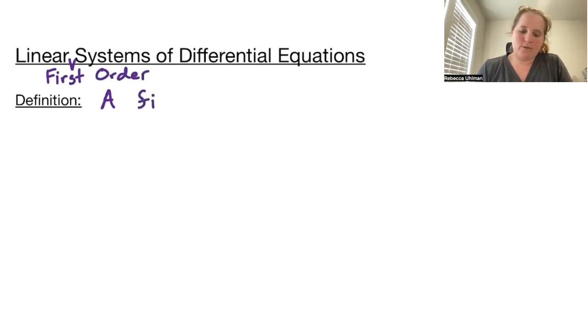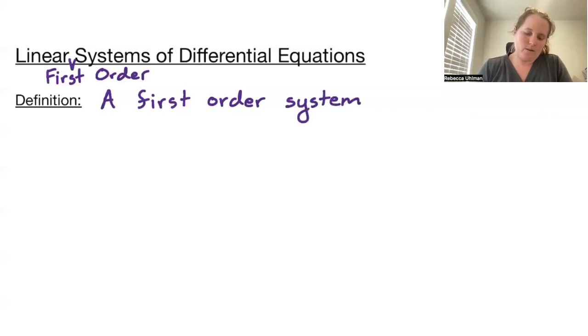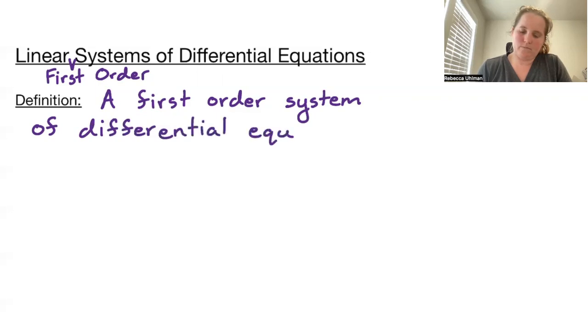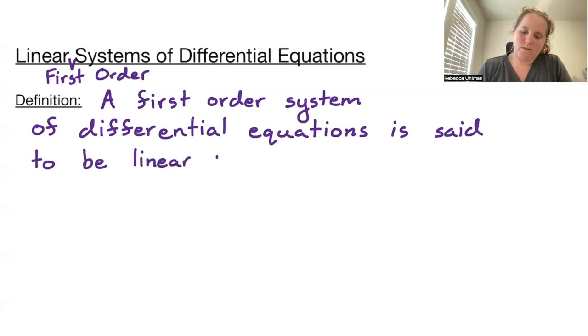So a first order system of differential equations is said to be linear if it can be written in the form